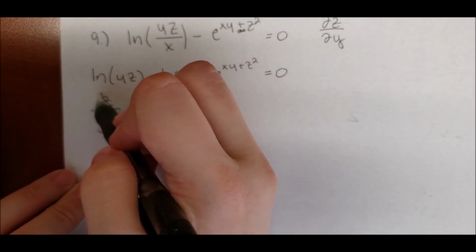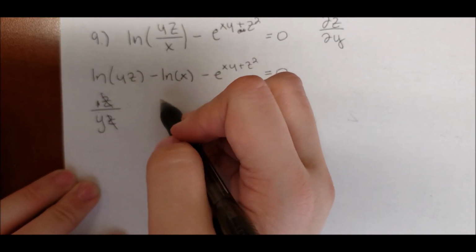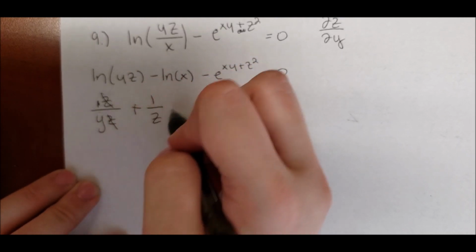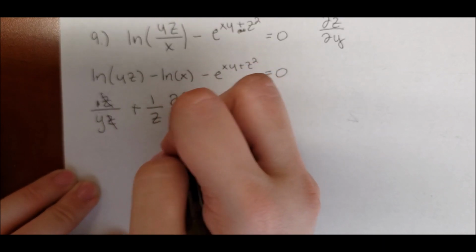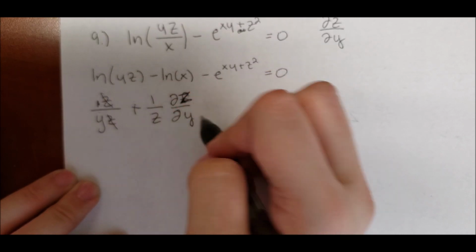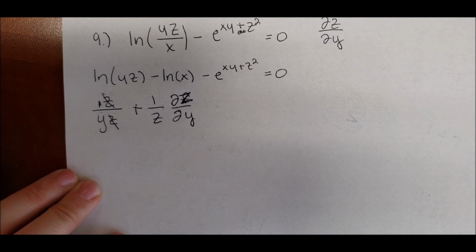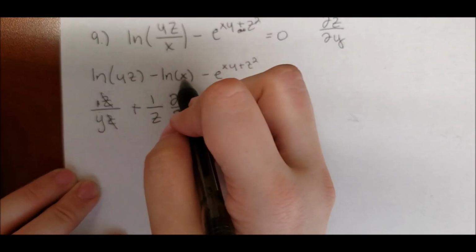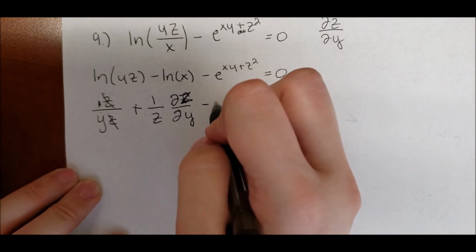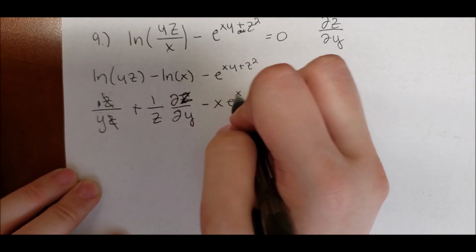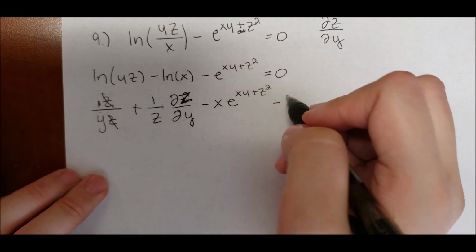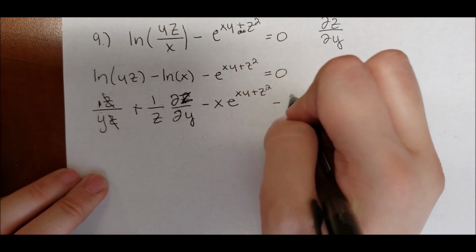So that just leaves me 1 over y. And it's going to be the same thing for z, except now I have the differential. And then the derivative with respect to x is 0. With respect to y, with respect to x, z,